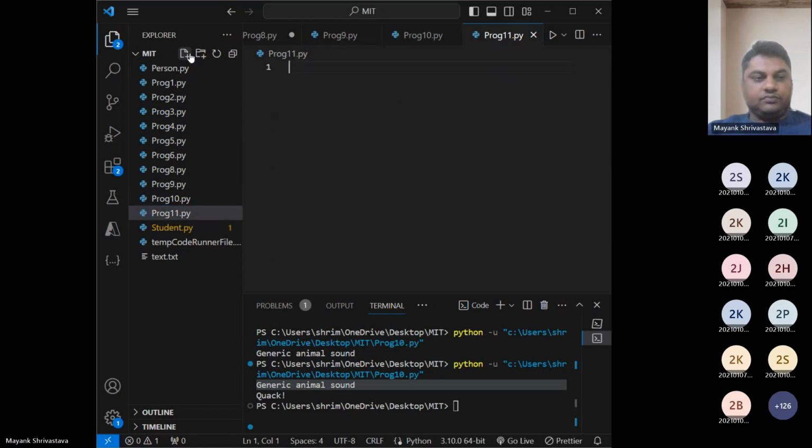In the case of abstraction, what basically happens is abstraction is the process of hiding data. When you have some complex information and you want to keep that information hidden from the end user or from other modules, if you want to limit their visibility,